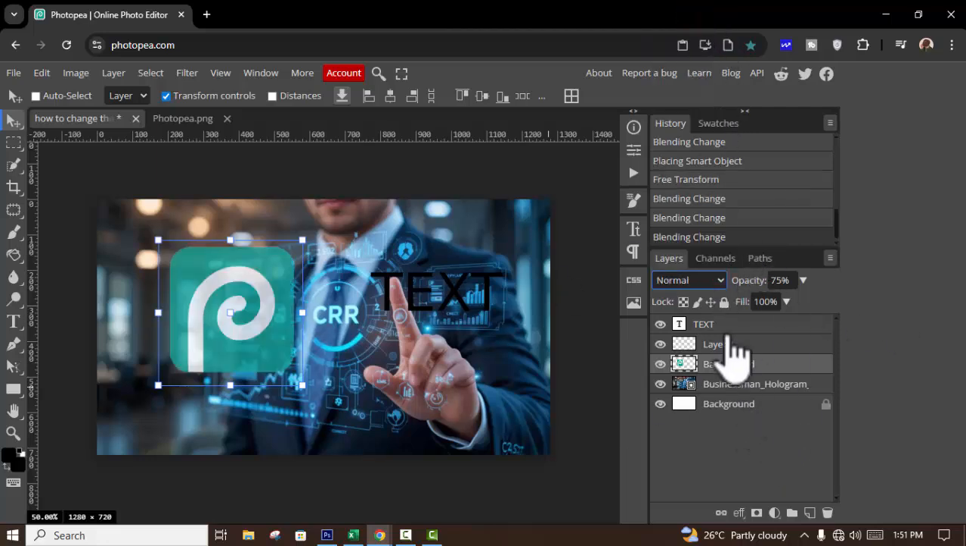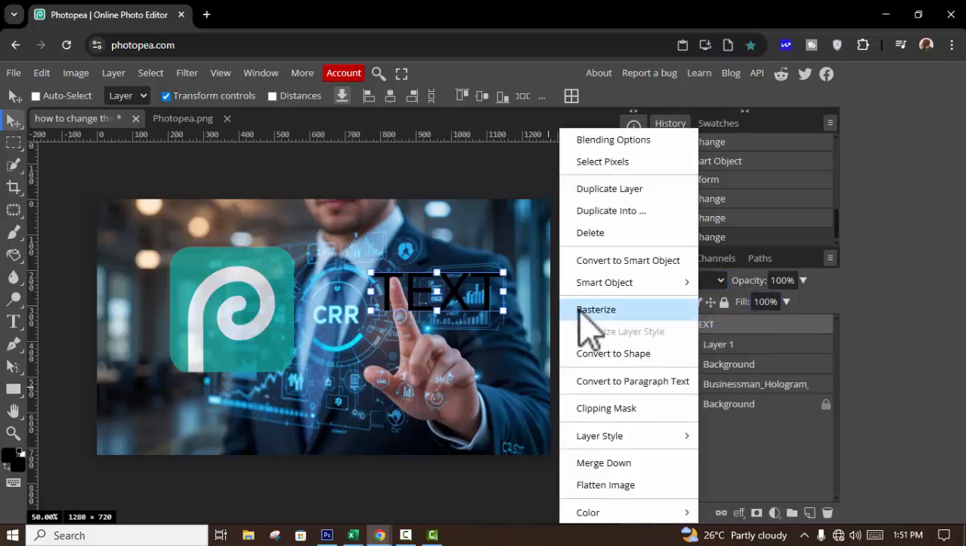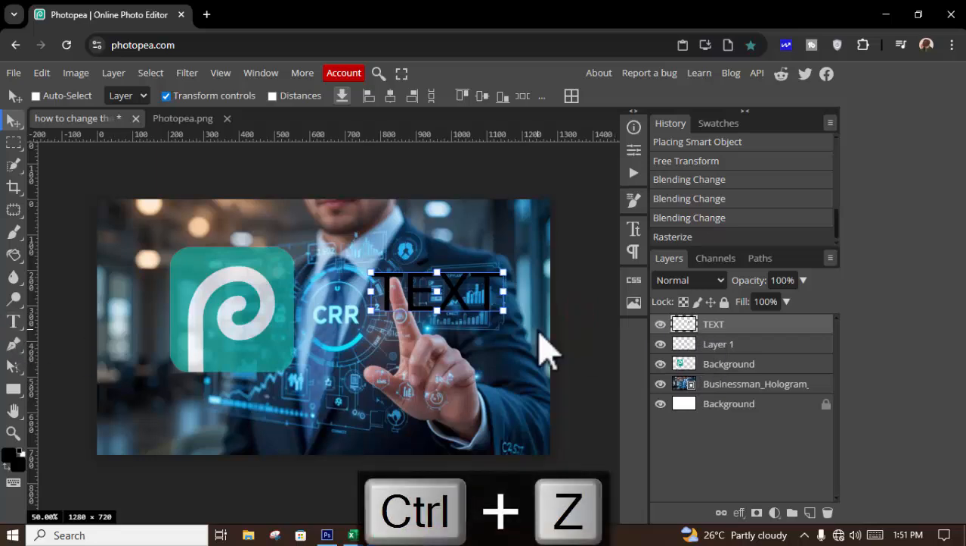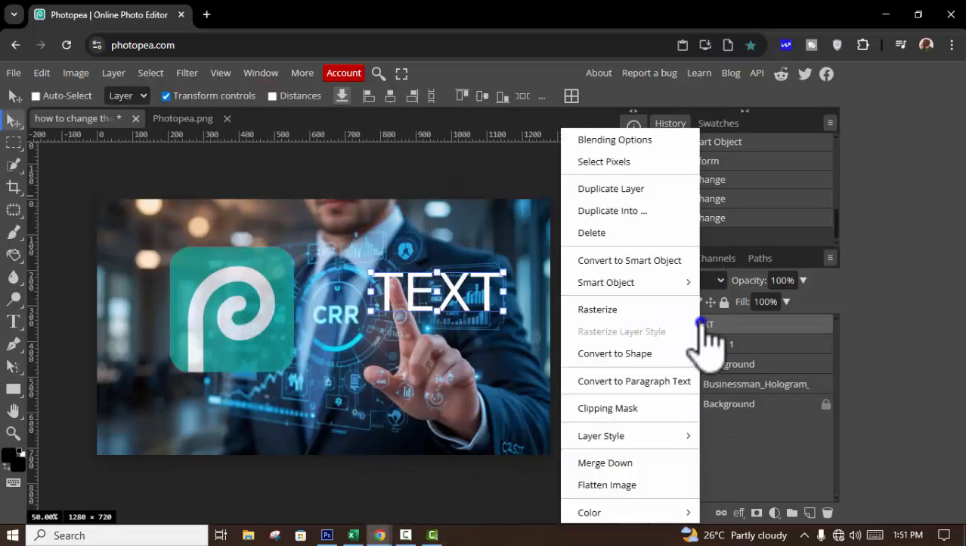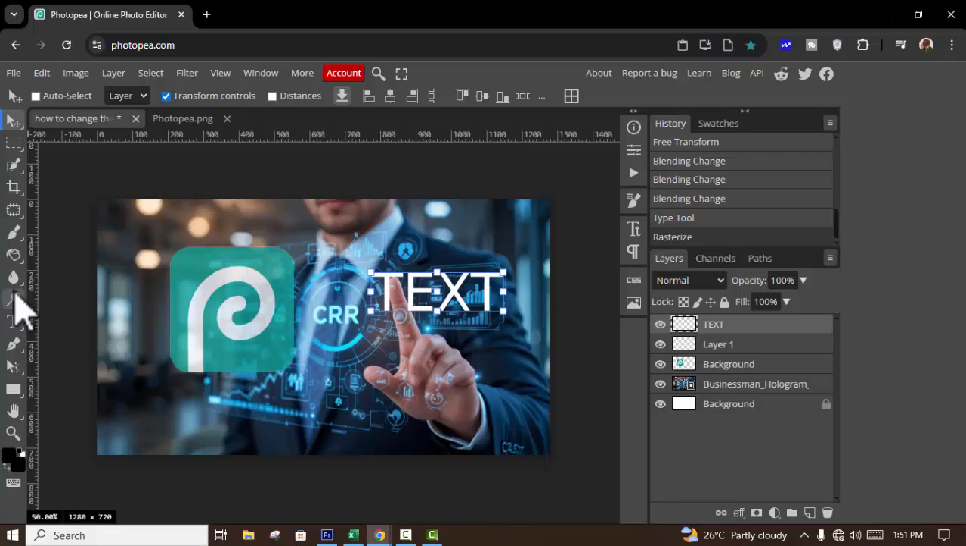That's it. And step 2, see this text, right click, rasterize the text. Sorry. First of all, change the color, then right click, rasterize, then select the eraser tool,